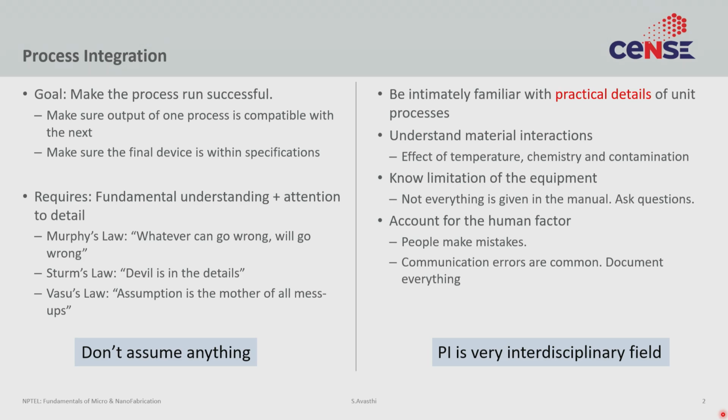In which case would you use sputtering? When would you use evaporation? What is the impact on sidewall deposition? Is this isotropic? Is it anisotropic? Under what conditions is it isotropic? What is the selectivity? How much selectivity is enough? What should be the thickness of this layer? Do I need an etch stop? All of these questions must be answered by the person who's doing the process integration such that the eventual device has a high probability of being repeatable, has a high yield, and works. I mean, the device must function as per specifications.